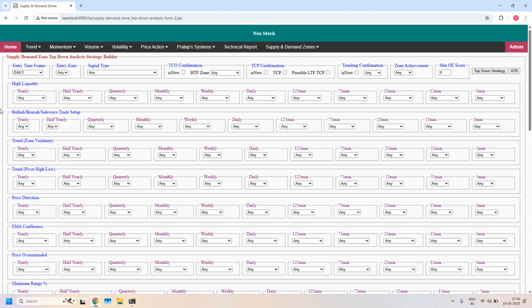So starting with monthly income trade, sideways long trade setup, entry time frame daily, entry zone, demand zone, in bullish or bearish or sideways trade setup parameter at entry time frame daily. I am selecting sideways long, and two filters we are selecting. First one, zone achievement should be always violated opposing zone on the selected values, that is daily demand zone, and also minimum odd enhanced score should be 11 for sideways trade setup and 12 for bullish or bearish trade